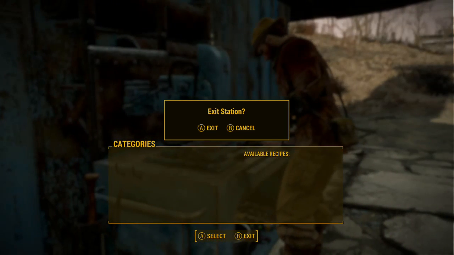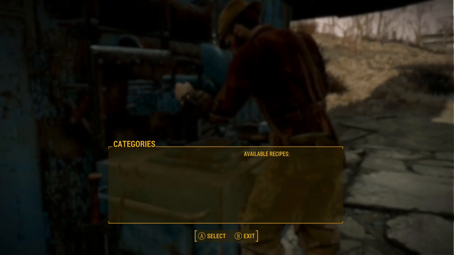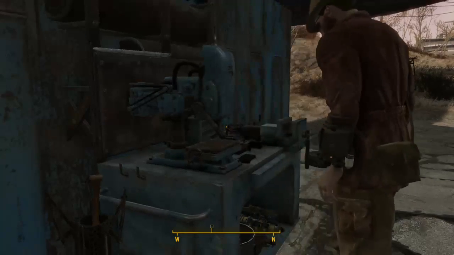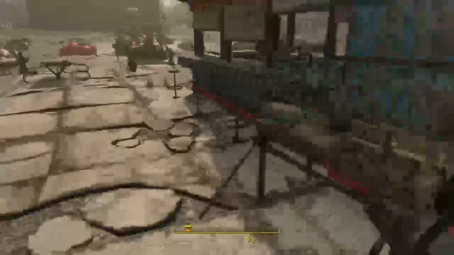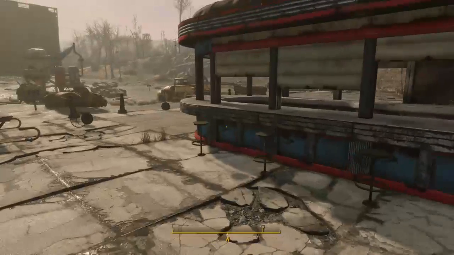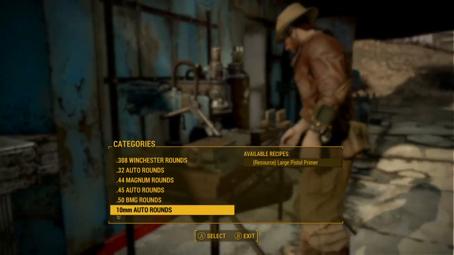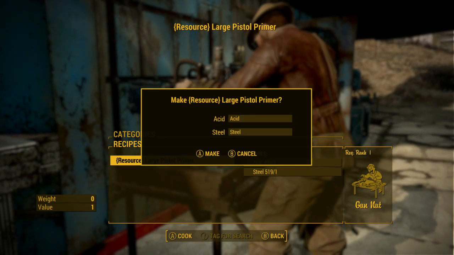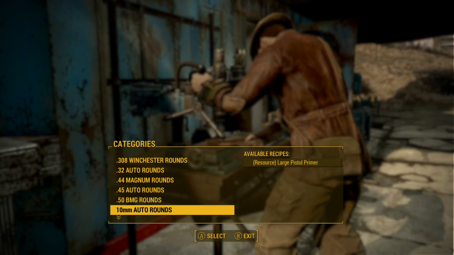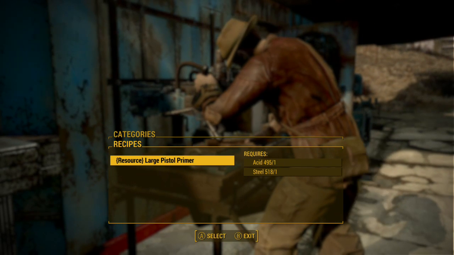I don't know how any of this is supposed to work, really. I know I need to feed my character, but these additional benches that they added for reasons unknown don't seem to work the way they're supposed to. Like, let's try making something else. 44. Okay, 10 millimeter. I mean, I could sit there and...